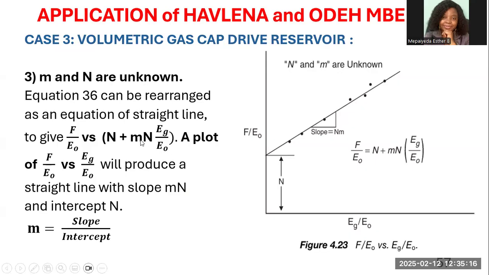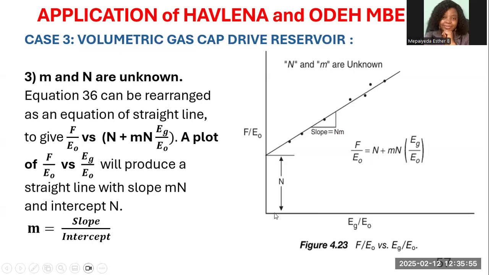Your slope is MN. Your X is EG over EO, and your N is your intercept. So in this case, you have an intercept. So this is MX plus C, or you say Y equals C plus MX. So you are plotting F over EO versus EG over EO. So your M, on obtaining your N,